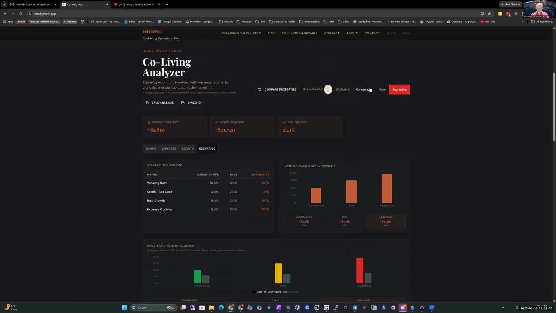So aggressive, let's just start with conservative. So you can see this vacancy rate is 10%. Now, with co-living properties, you really don't have any quote unquote vacancy, right? Because you're running multiple income streams of one property. So for me, I'm running 8-bedroom houses. And when I say vacancy, it's vacancy on the whole house. So if you're thinking it's vacancy for one room, that doesn't apply here more or less. So this assumes like 10% of your overall room